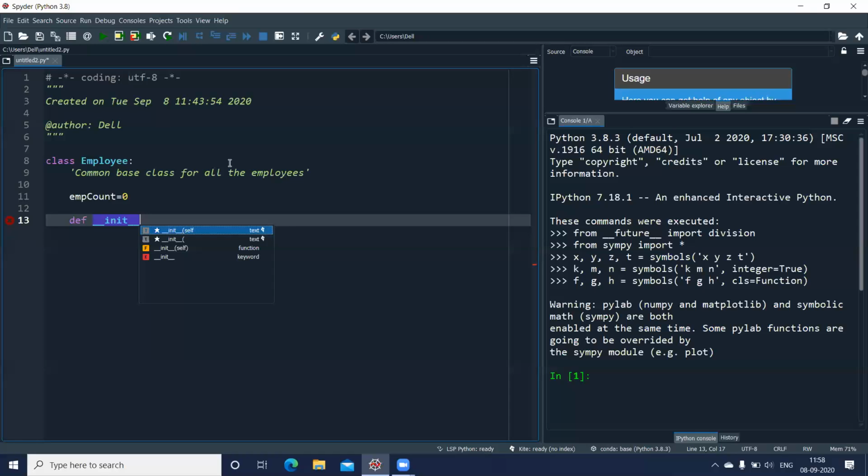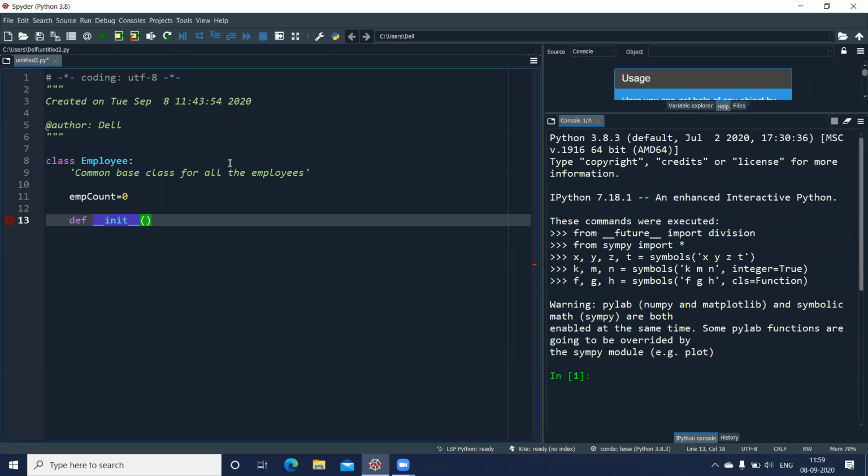Now, to begin with, we are writing a constructor, and the name of the constructor here is init. It starts with double underscore, ends with double underscore, followed by a round bracket. Excuse me, sir. Yes. So you mean that whenever we declare a private constructor or a private class method, we have to declare it with double underscore? Double underscore. Yes. All right. Because it is a constructor, by default it has to be private. So all your constructors are private, but methods which you declare without using the double underscore sign will be public.